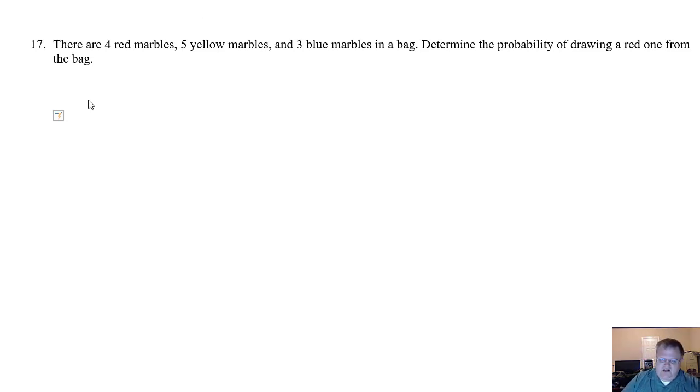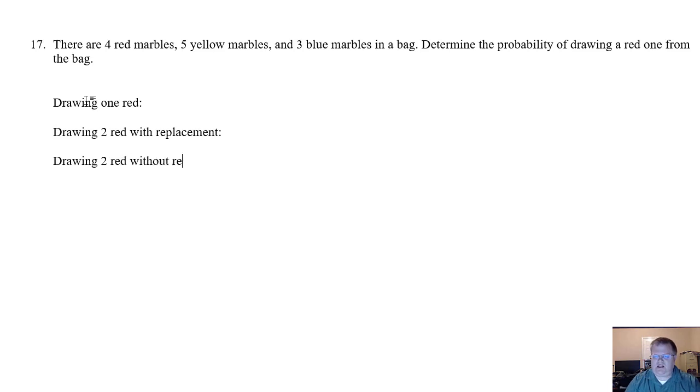I'm gonna actually change this question up. I'm gonna answer this question, but I'm gonna change it up to kind of illustrate a couple of different topics we've seen. So let's just do drawing one red. That's pretty straightforward. But let's also do drawing 2 red with replacement and drawing 2 red